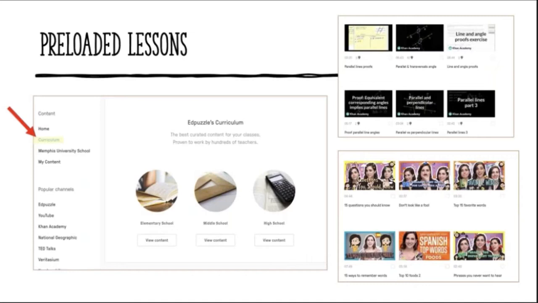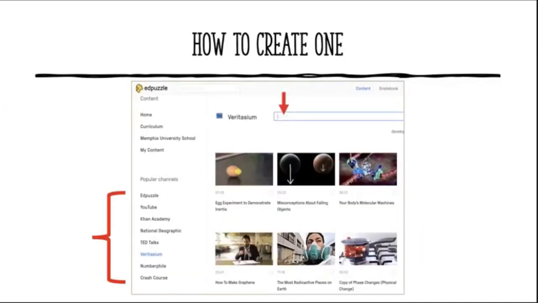So it might be worth taking a look at. And then to create one, from an existing video, it has these little tabs, but all of this is actually really just pulling from YouTube. It's just kind of organizing it into sections for you. So if you have a YouTube link, the quickest, easiest thing is just to paste it right there.